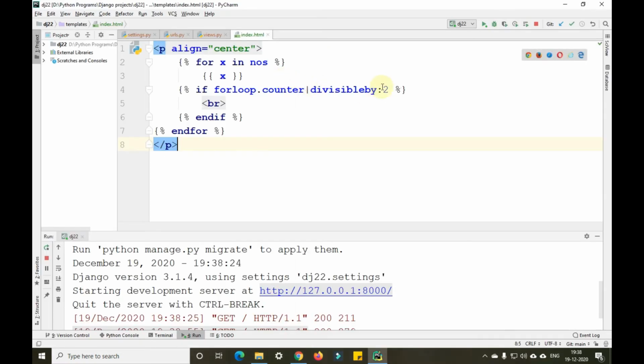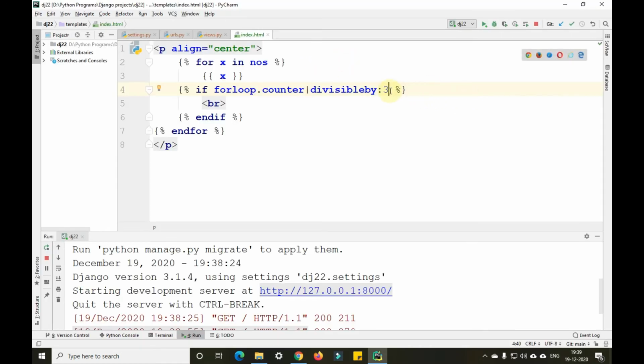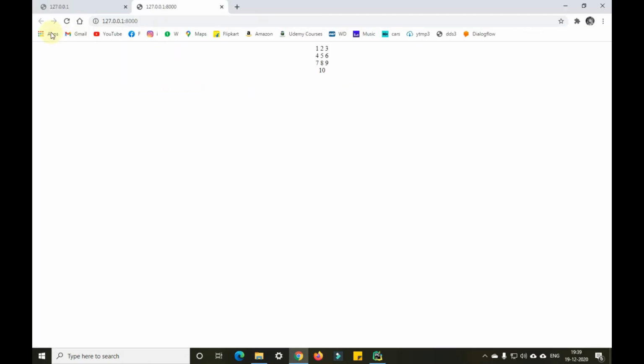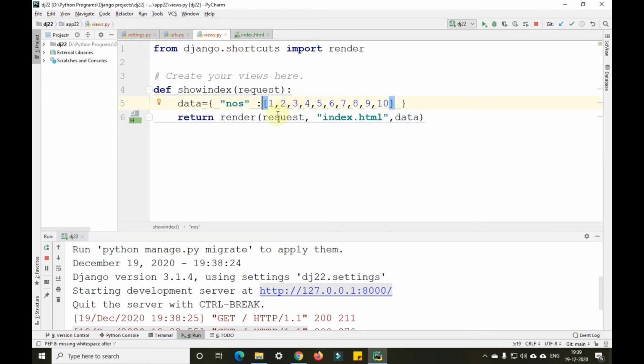Okay, similarly if I change this to 3 here and refresh this particular page, it will print like this. If I change this to 4 here, then refresh it, it will print 4, 4 and 2 here. Okay, so for example, if I change the numbers in this, if I'm giving 1, 2, 3, 4, 5, 6, 7 here. So for example, I'll change this to 102,